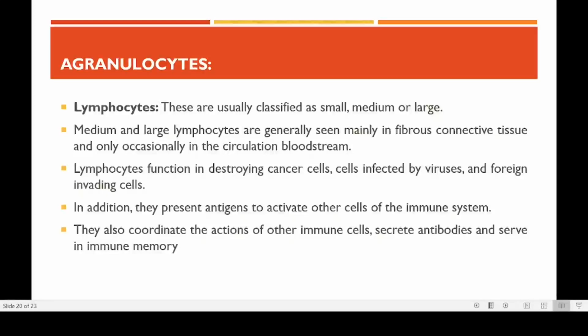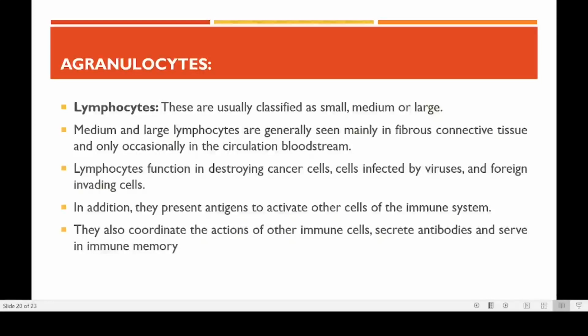So this process is also harmful for our body. The second function of the lymphocyte is that it will identify those cells which are infected by viruses and kill them. Similarly, sometimes foreign invading cells, some bacteria, will enter into the cells and occupy certain cells. Such cells which are affected by viruses or other microorganisms will be destroyed by the lymphocyte.